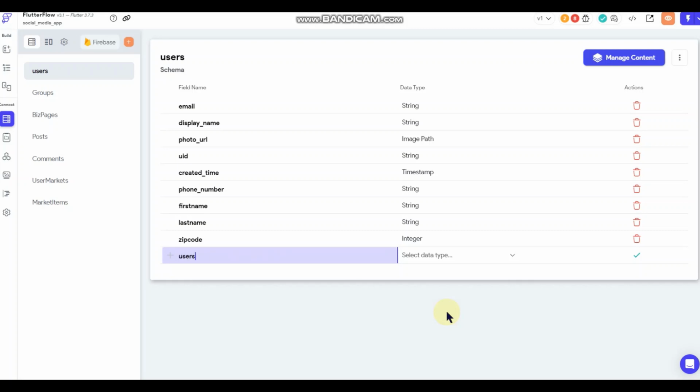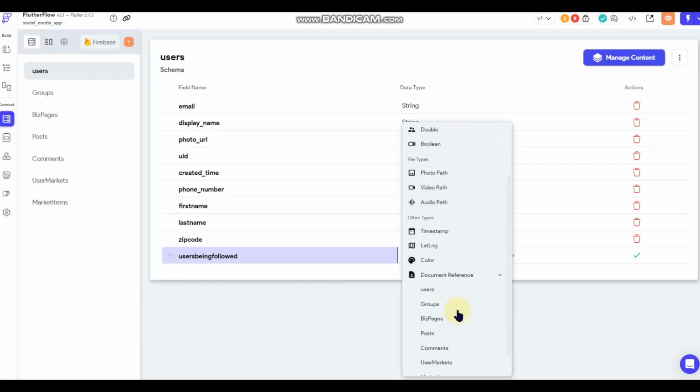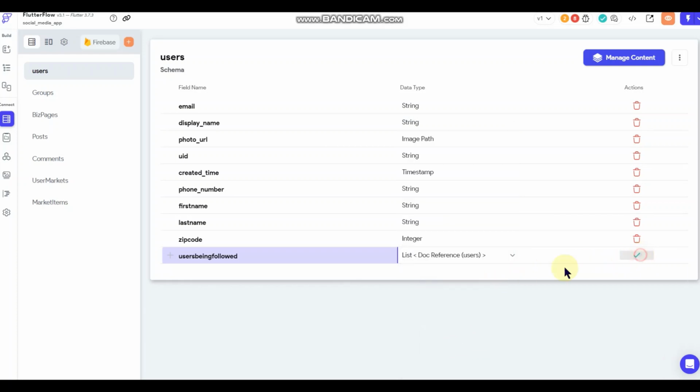So we'll do users being followed. This would be the list of users that a single user is following. And it is a list, and then, oh, sorry, not data type. Document reference, I'll set it as users.